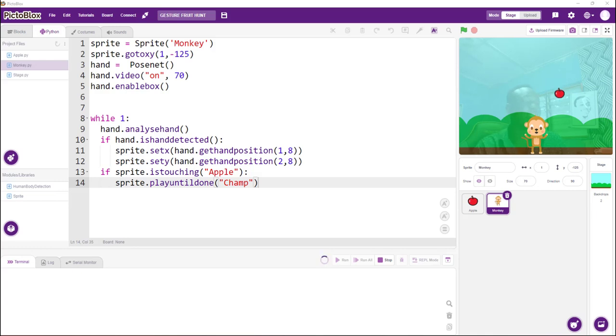Okay, so now you can see my code is running, just that my apple is falling quite too slow. So now when I